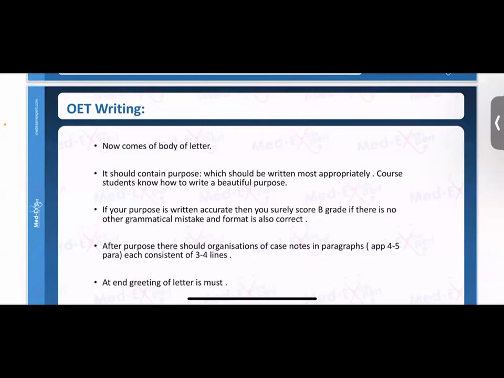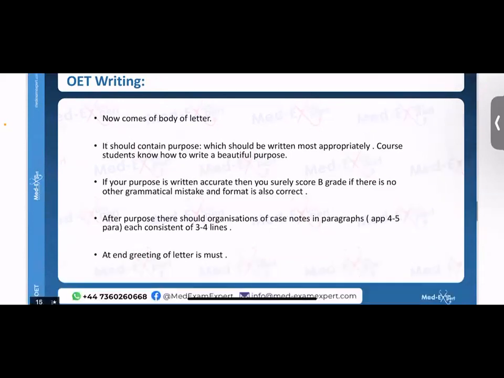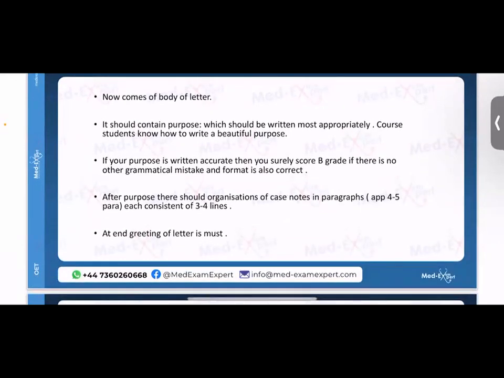Because what we do in medical practice, like if a patient has a complaint of diabetic control and any other thing, and we are a surgical doctor, then what we have to do is write a call to the medicine department for the check and control of the patient's diabetes. So basically we are surgical doctors and we have to write to the medicine department for the check and balance of the patient's diabetes. So it is not like that, because